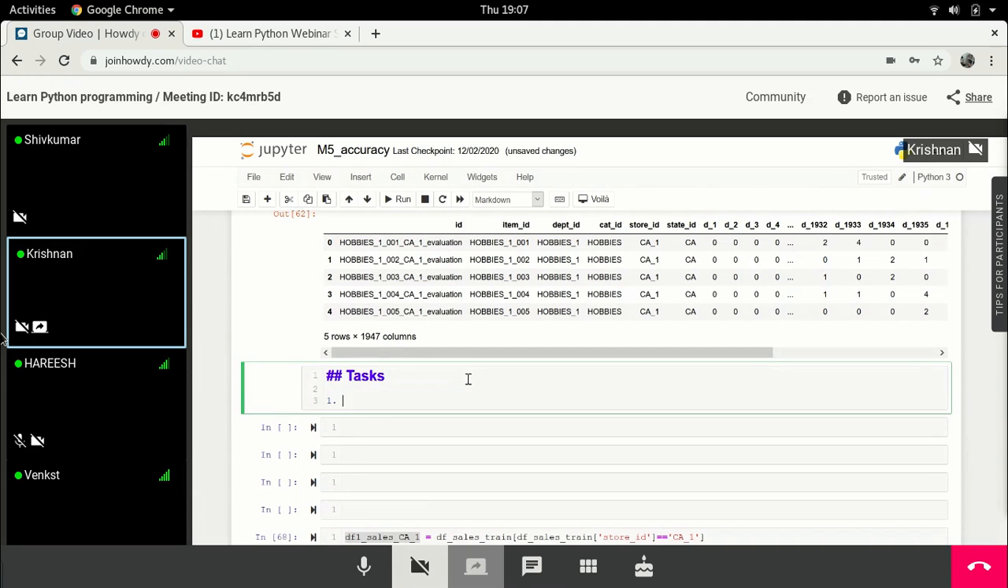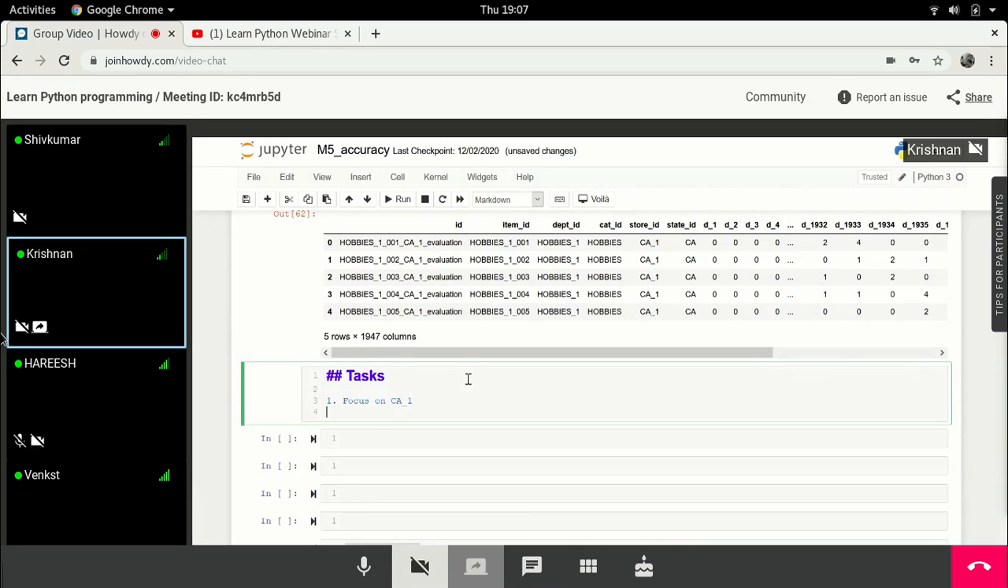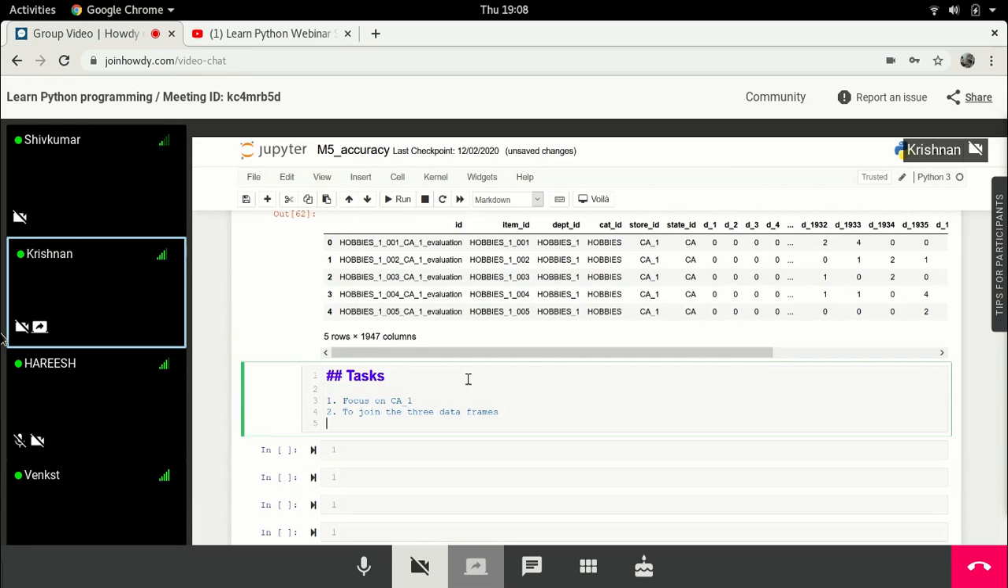So first is focus on CA1. Now the second task is to join the 3 CSV data frames. That's given, but how are we going to do it? We will do it this way. Okay, so we'll do it by